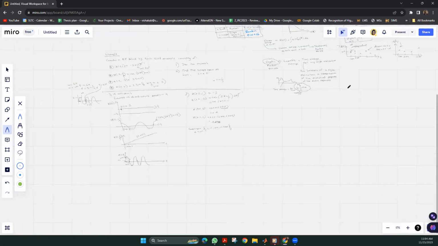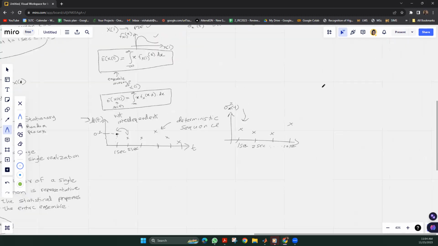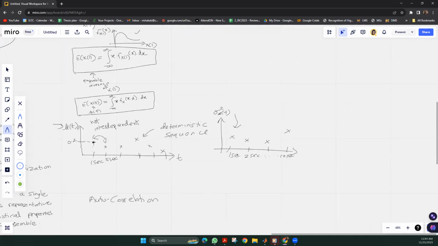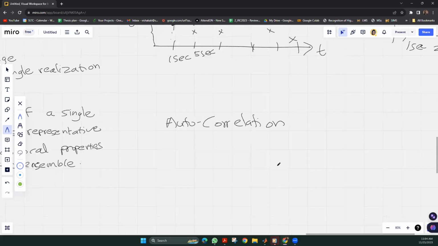autocorrelation. So in the last class, we learned about the correlation, covariance, those statistics. So those statistics are what we are going to discuss about. And this statistic is autocorrelation. So autocorrelation function is defined as the correlation or the dependency between random variables